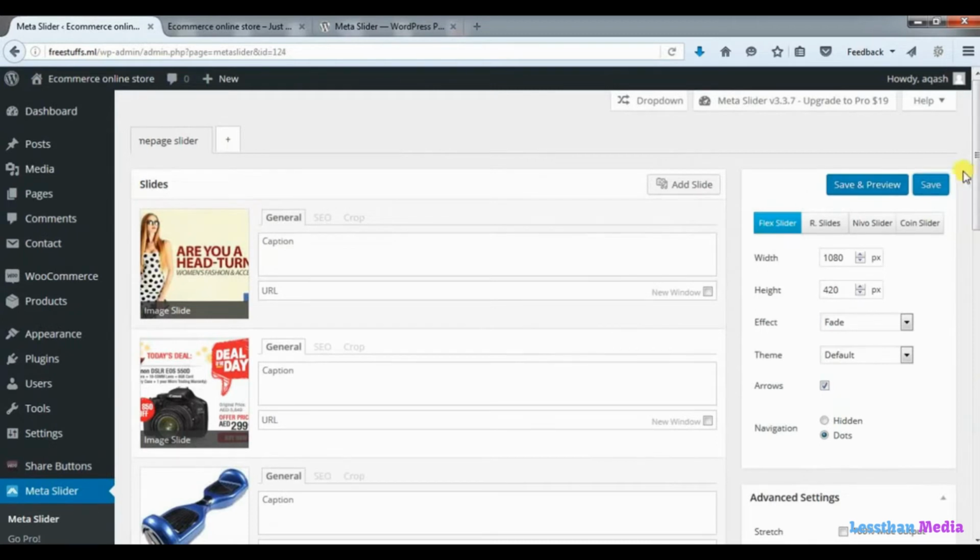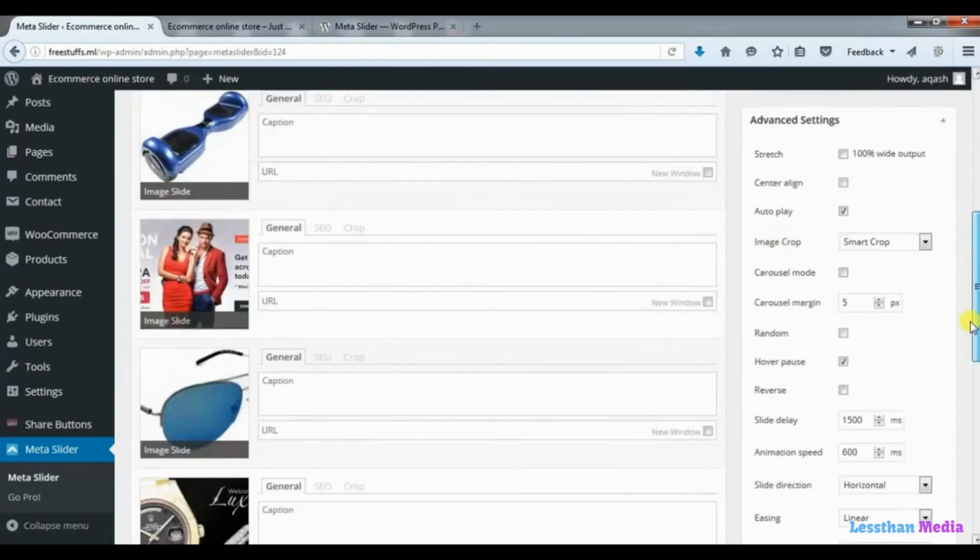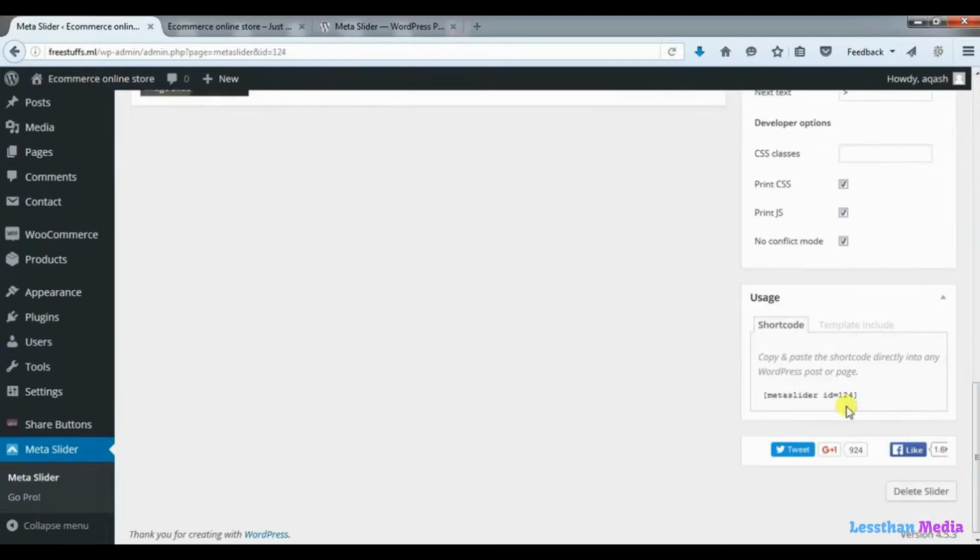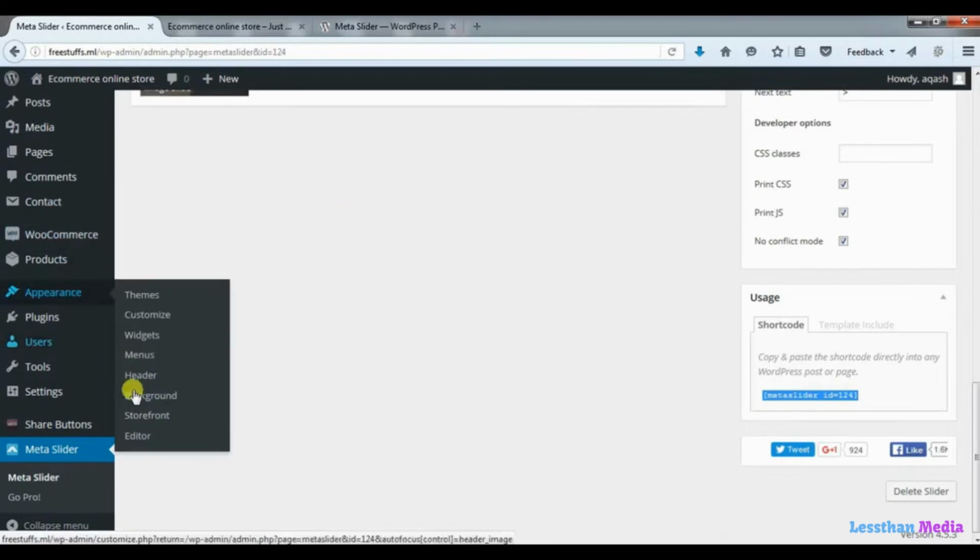After you save the changes, go to the bottom and here you will see a shortcode, that is here. In this shortcode you will see some digits like these. In my case this is 124, and whatever it is in your case, just copy these digits like 124. So I will copy 124 and then go back to the appearance and then editor